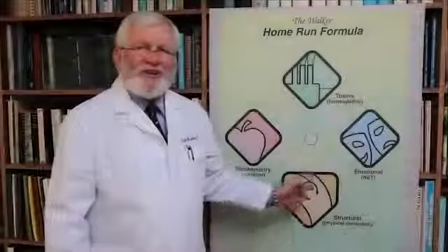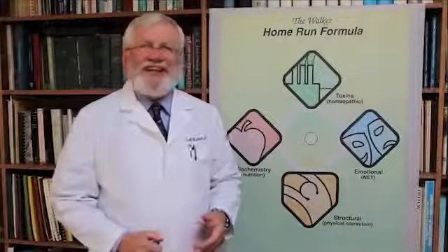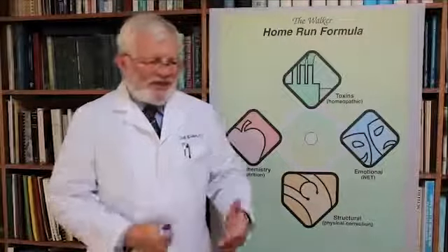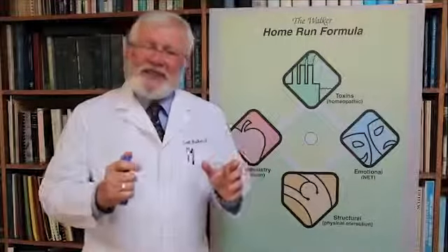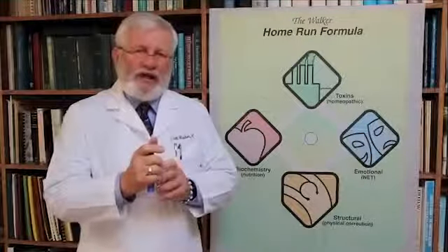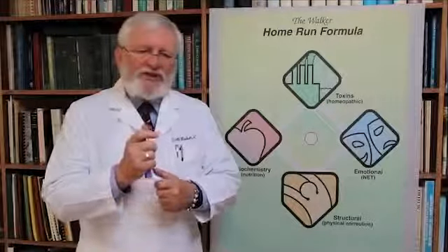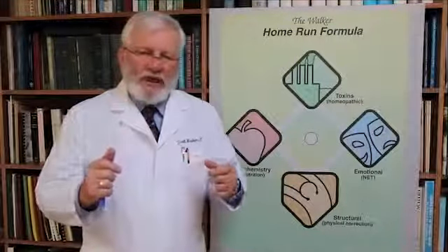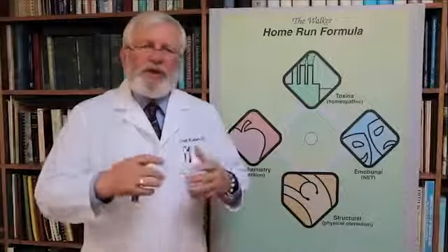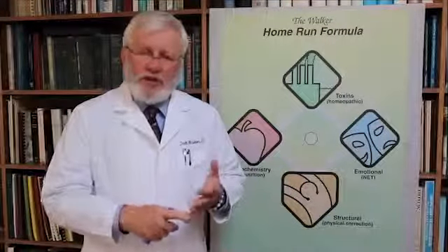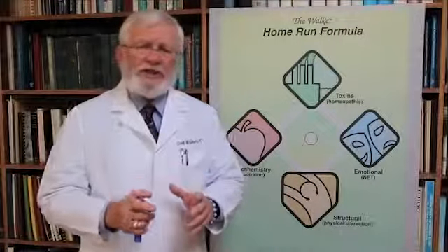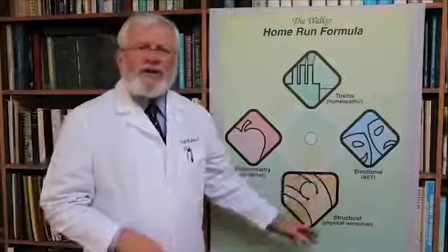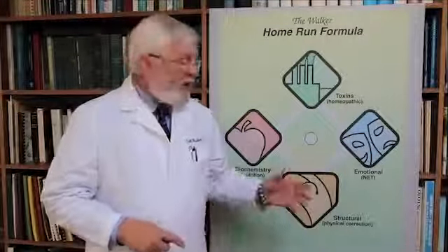I think I want to start down here with structural. The structural environment, what's that? It's the environment of gravity, sometimes assisted by automobiles that go too fast and hit into things and jerk our bodies around. This is very crucial because if the vertebrae are not right, and if the spinal segments are not right, if we don't have structural integrity in the extremities where the meridians flow through, we can get in trouble because of the nerve flow problems and the meridian flow problems, the lymphatic drainage and so forth. So everything has to be in place. And traditionally, chiropractors and osteopaths and acupuncturists have had this domain and made great contributions actually in this domain.